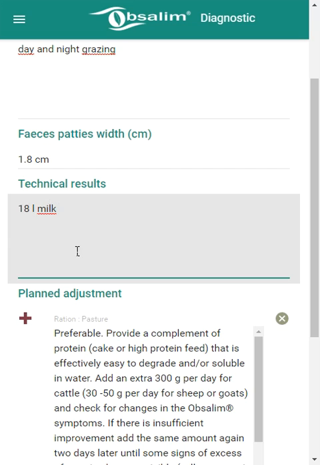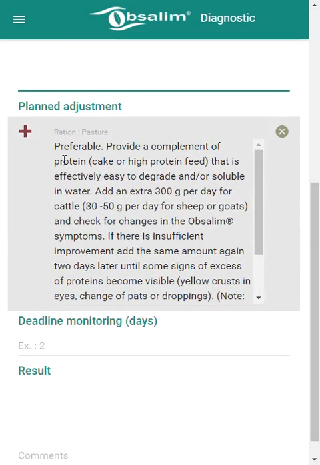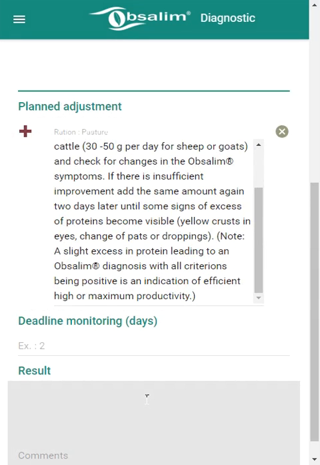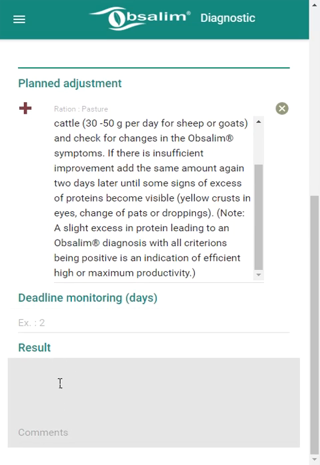Here we have a production of 18 liters of milk per day. The expected setting is displayed here, as we showed before. And finally, you have the control time and the result that you can fill in during your control visit.